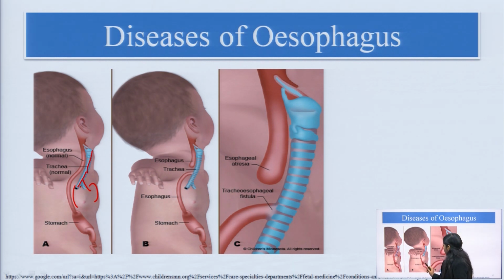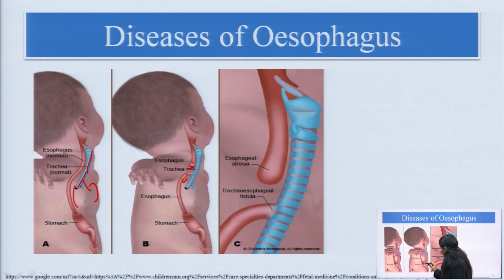In this one you can see the esophagus here is not connected with its second part. This is also the esophagus, and this is also the esophagus, but they are not connected. That is esophageal atresia. The connection is lost, or the lumen is narrow or blocked. This is blocked. We cannot take food in this condition. This particular condition is atresia, meaning the esophagus is blocked or not joined properly.